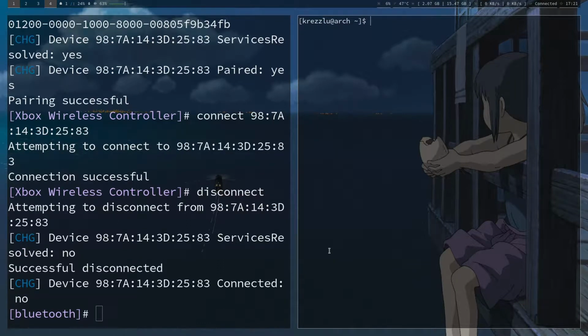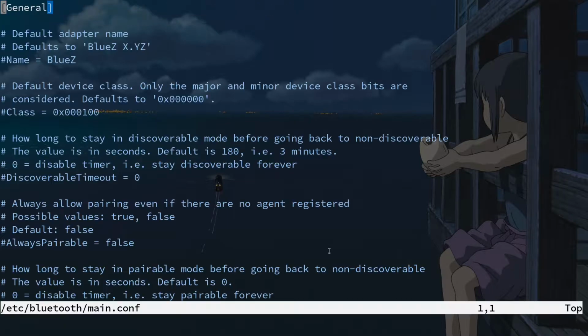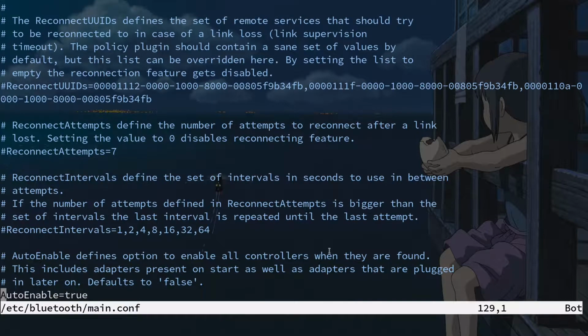What you want to do for this is go into sudo nvim, and go into /etc/bluetooth/main.conf. Go to the bottom, and this will be commented out, but you will uncomment it and set AutoEnable equal to true.